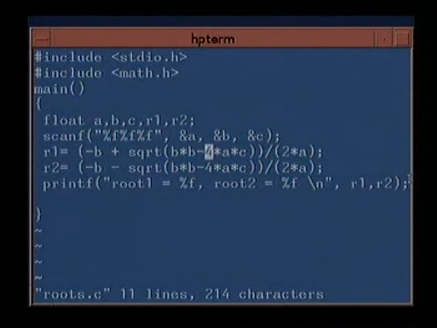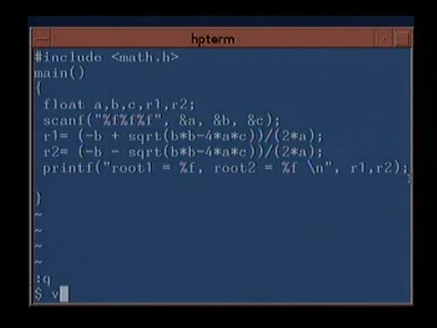Therefore, it would have been much better if we had used a variable, because one or two variables will not make much of a difference unless you are using too much space, which is not there. And here we will use more space to save on time, and we will declare a variable and assign it, pre-compute b square minus 4ac. Then we will pre-compute the square root of that, and then we can pre-compute twice a, and then use it as and when required. And that's exactly what we did in the final program.